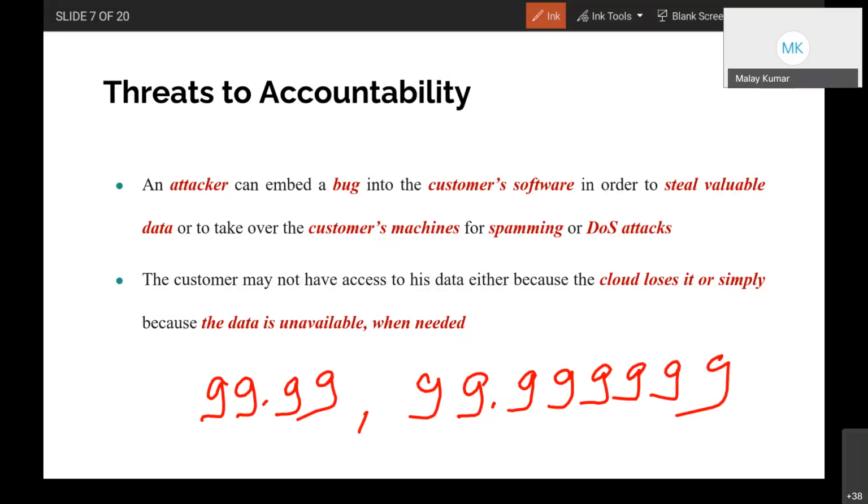This matters, up to 2 digits, 6 digits, 8 digits,